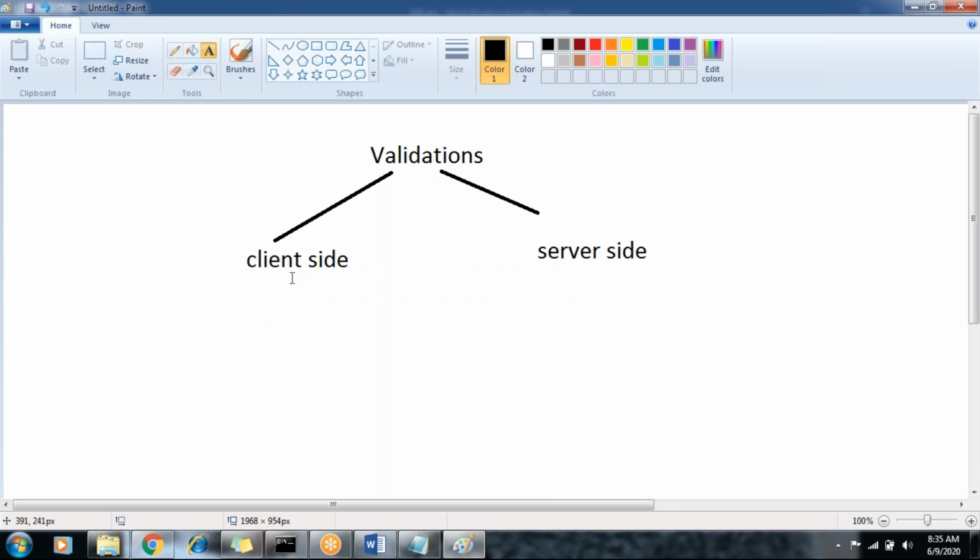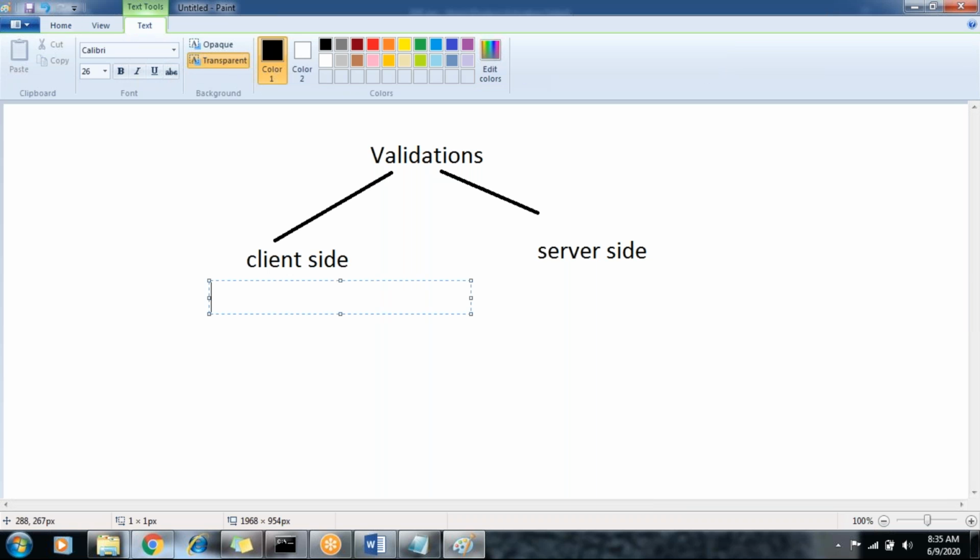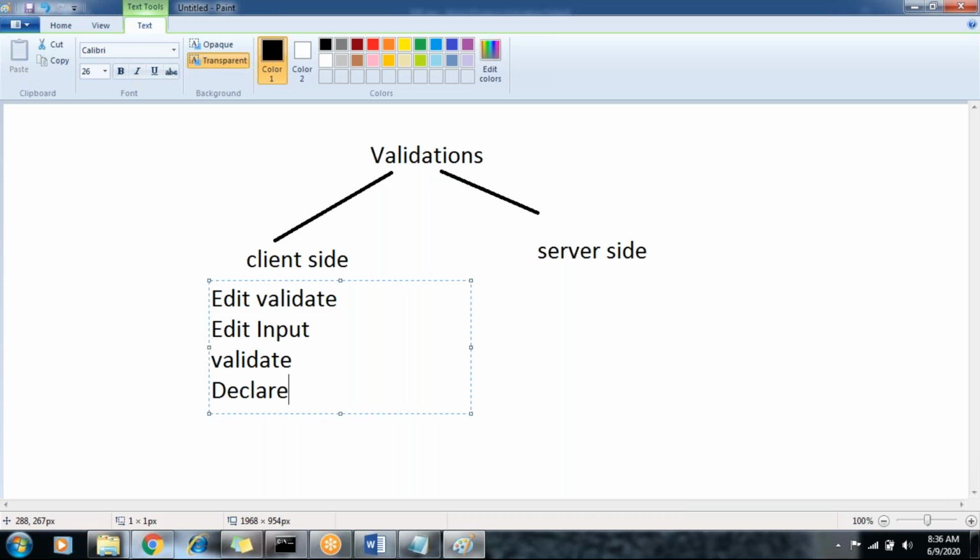Client side validations means, suppose you want to apply any type of client side validation. We have the rules edit input, edit validate, and we have the validate rule, and declare constraints also can be used for validating the property.